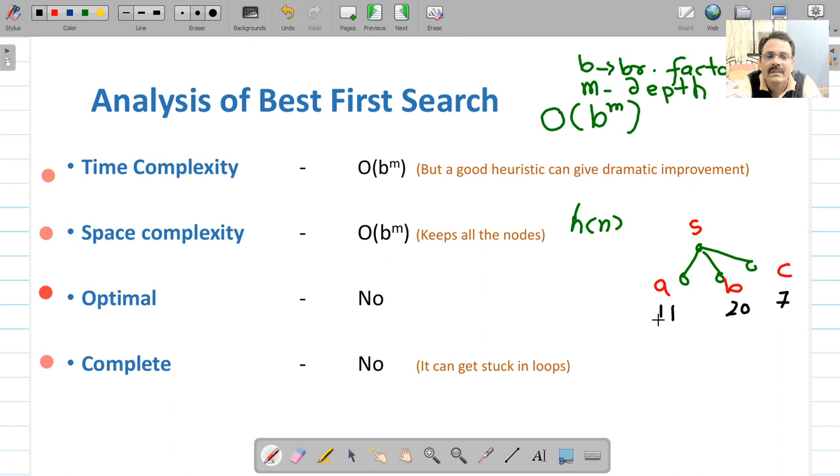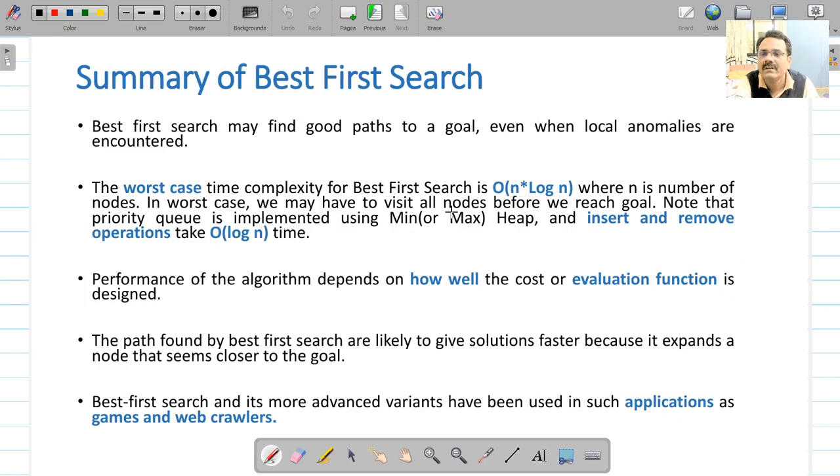algorithm may get stuck in loops if your heuristic function is not chosen properly. In that particular case, the algorithm is stuck in a loop cycle. It will not be able to break out of that, because your decision is based on the cost only. There is no way to come out of that. So you will get the least cost and then again the least cost, but you are not getting a solution through that path. So the algorithm will not be complete in that case. Even though the algorithm is not complete, you can still improve all those problems associated with this algorithm by choosing a good heuristic function.